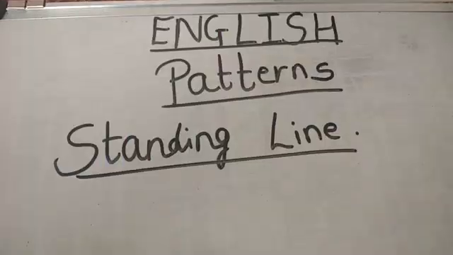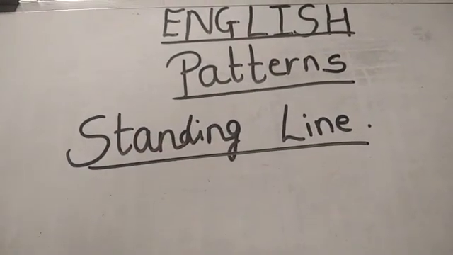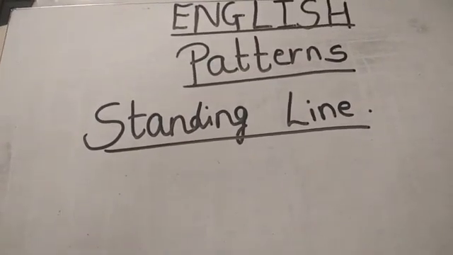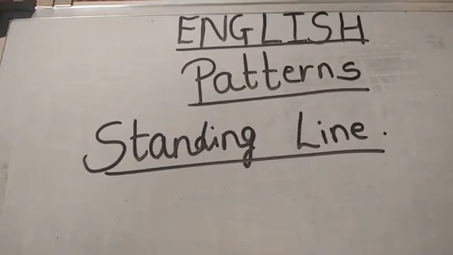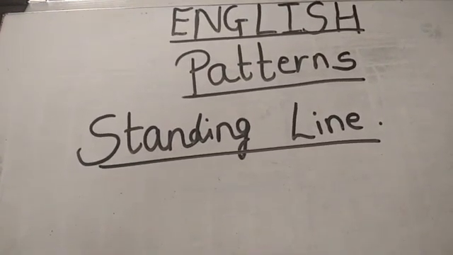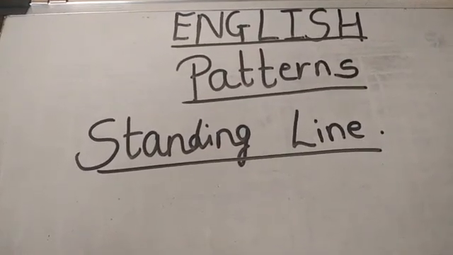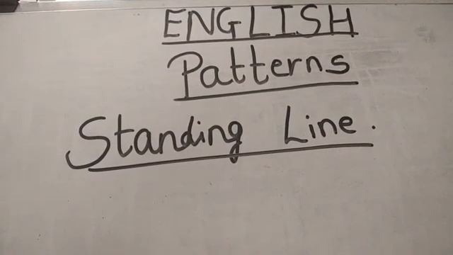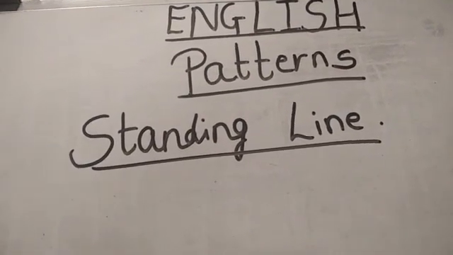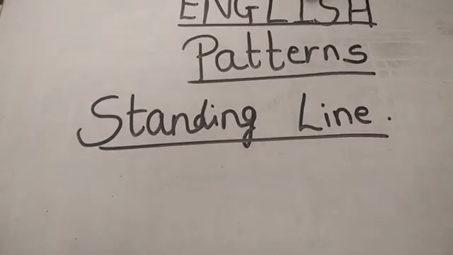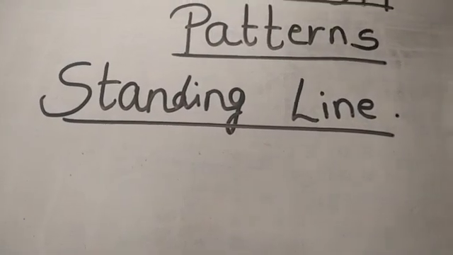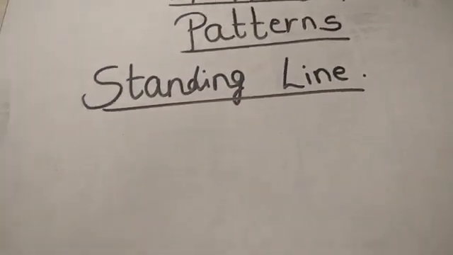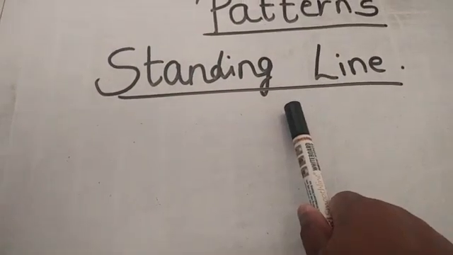Okay? Now children, standing line. Why are we revising the patterns? I know that you all have learned uppercase alphabets in your nursery section, right? But in your junior KG section, now you are going to learn the lowercase, that is small letters, with the help of the patterns. So due to that, we are revising these patterns once again. Okay? Yes. So today we are going to revise and practice the pages for standing line.